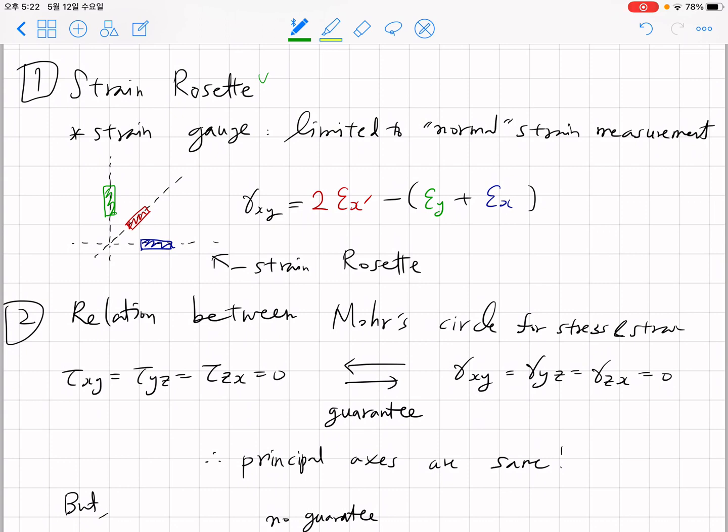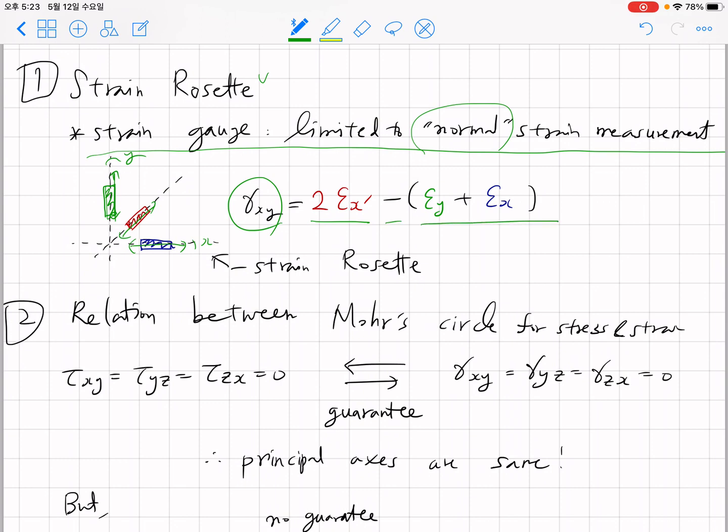First, we discussed the device called the strain rosette. A strain rosette is composed of three strain gauges, and the limitation of a strain gauge is that it can only measure normal strain. For example, if you have this long aspect ratio strain gauge, it can only measure strain along its longitudinal direction. But even though we measure only this longitudinal direction strain, based on the strain transformation equation, we can infer and obtain the shear strain in the xy direction. This is the x and y coordinate system, considering the normal strain along this 45-degree direction minus the horizontal and vertical direction normal strains. So this is the case when there is a 45-degree angle for the red strain